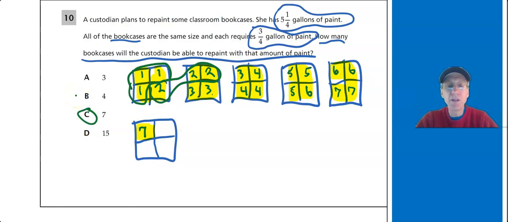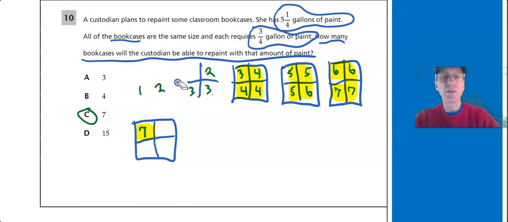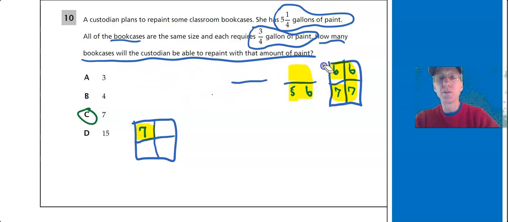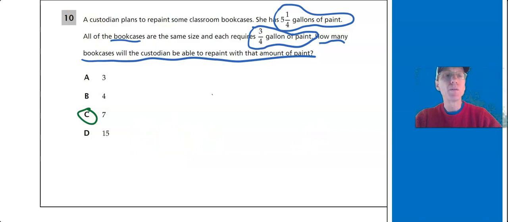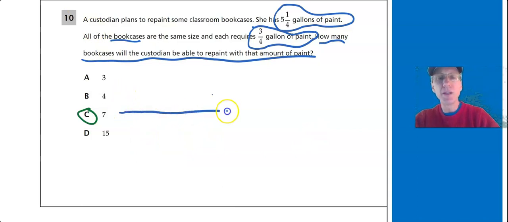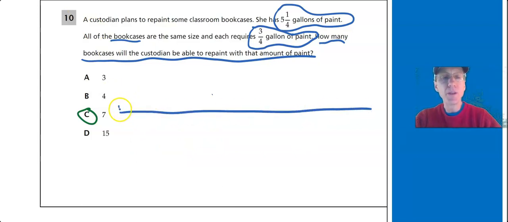You can be super creative with this, okay? Let's say you like using number lines, and maybe you want to solve it with a number line. There's another way to do it. Let's take a look at that way real fast here. This would be super fun. You just make a number line, and you can count your bookcases down here. So I'm just going to say there's one bookcase, and I use 3/4. I do another bookcase. That's 3 more quarters.